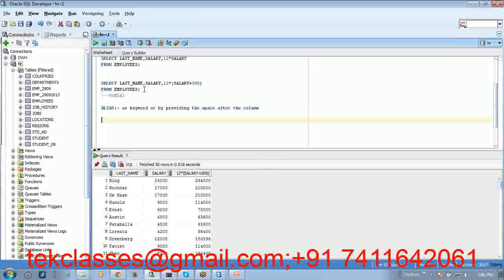You can provide an alias for a column. So I want to display in the header, instead of last underscore name, I want to display it as last name, no underscore. You can use the AS keyword to provide an alias for a particular column, as last name. And similarly, you can also use salary as sal,